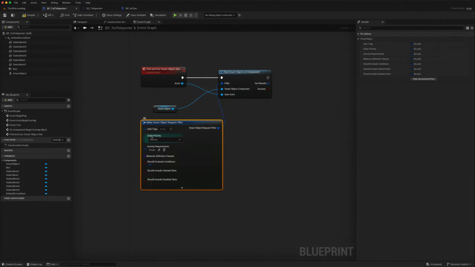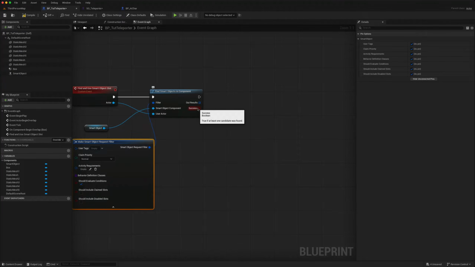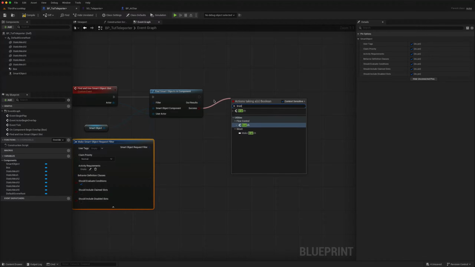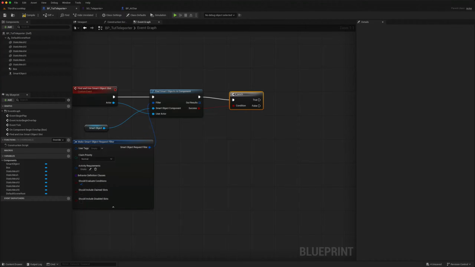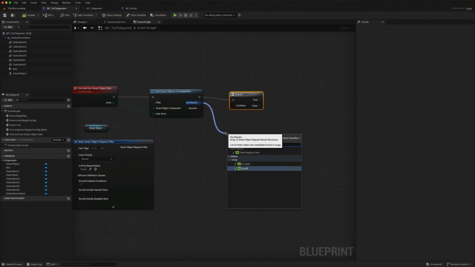So if we go back, we can leave all of this as default, the main thing being do not include claimed slots. If we find any slots here, so we can branch, we know that we're not getting claimed slots, so all of these slots must be empty slots. And we just want to get one of these slots, so if we just get maybe the first slot,